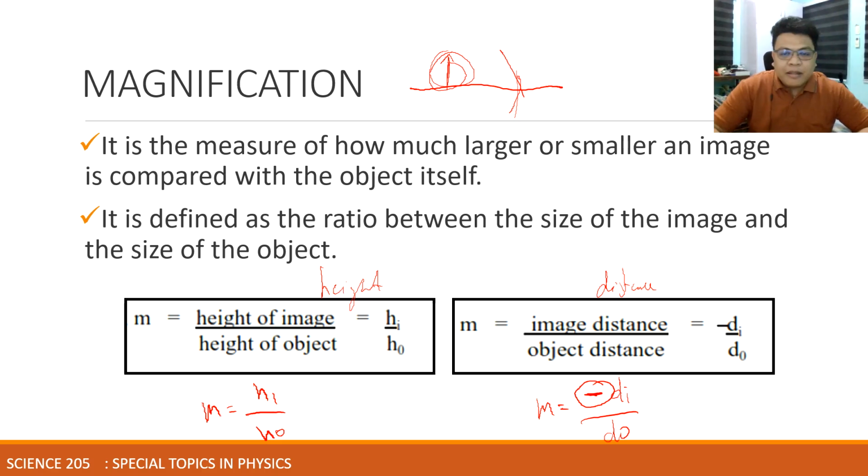So here, the negative sign or the negative value of di is not always negative in value. If the given distance is in negative value, for example, negative 2, then we need to multiply the negative sign. So negative times negative will result in positive 2. And if we have positive 2, it will become negative 2. So the negative sign, not always so. Hindi laging sinasabi ng negative itong di. Negative na lahat ng di. Depende pa rin po yan sa given natin. Kung negative, it will become positive. At kung positive siya, magiging negative.